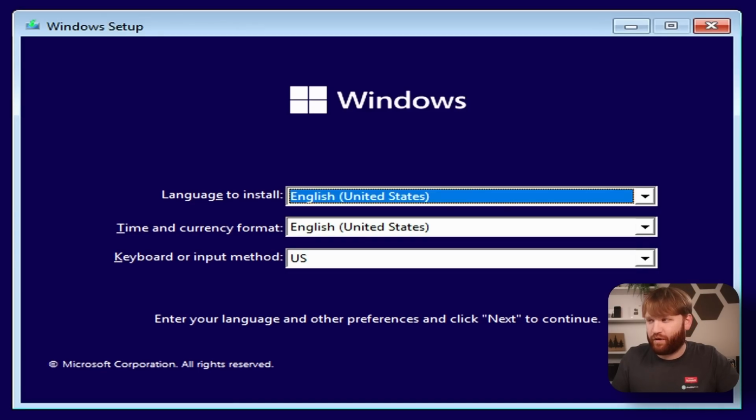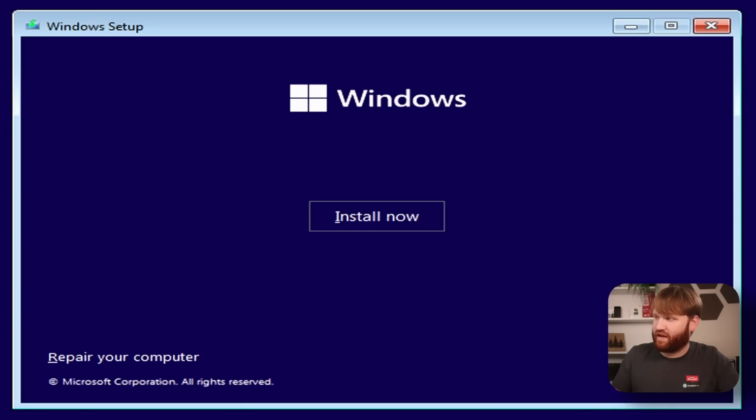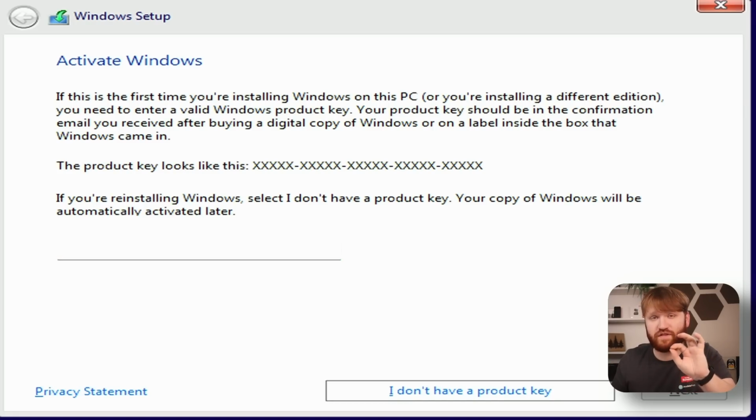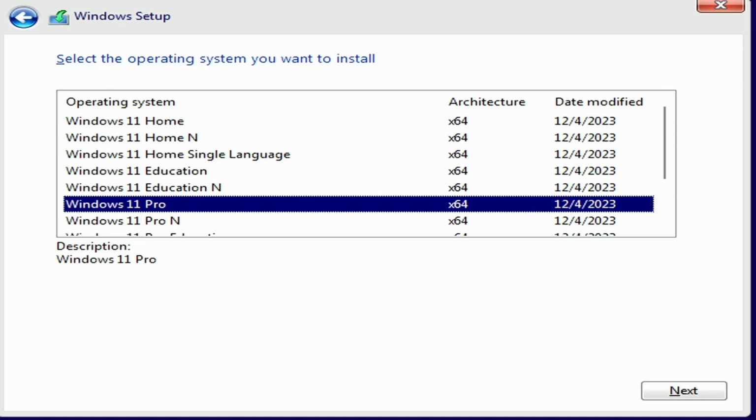There we go, booting into Windows. And I tested this out earlier. The display drivers are absolutely cooked until I get the drivers updated. I'm going to go all English and go next. Install now. Now I don't have a Windows product key. The only thing I'll say is there are some fantastic resources on GitHub. Let's go like that. Here is the edition. It doesn't really matter. I just generally always go with Pro.